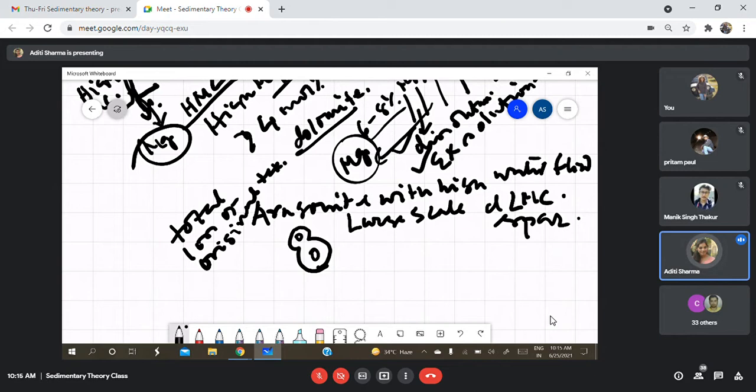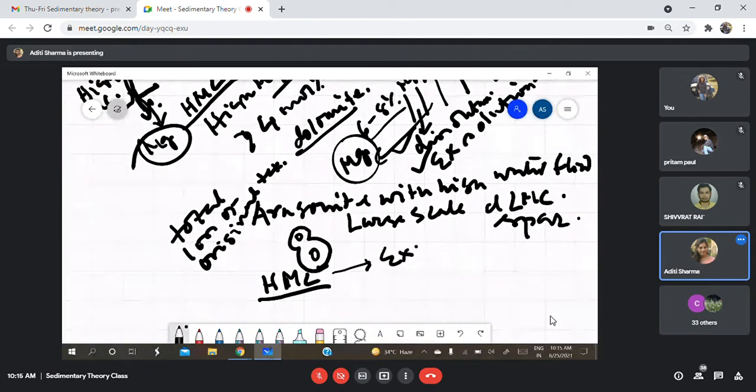Okay. Now, high Mg calcite. What is happening? High Mg calcite, HMC, where you have high Mg but not as high as 12 mole%, you may have 6%, 8%, 9% Mg. They will basically exsolve. And because it exsolves and is not going into dissolution, it will preserve the original texture. The original texture will be preserved because it is not going into dissolution.